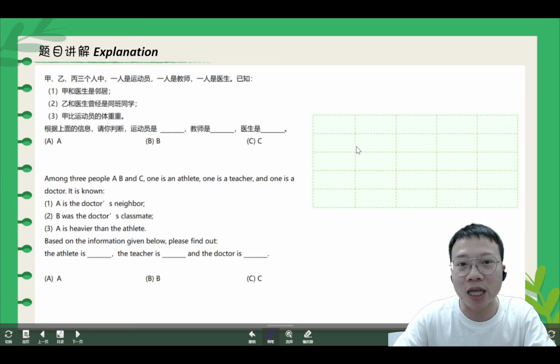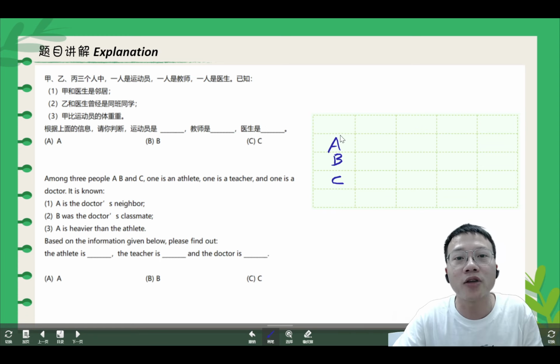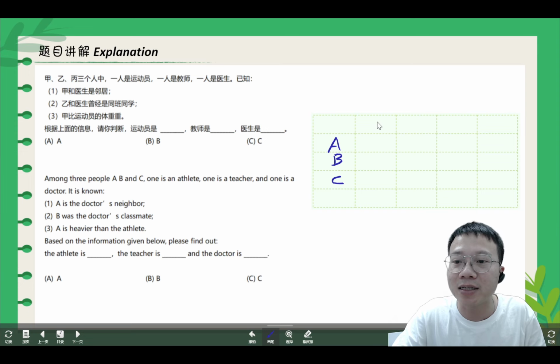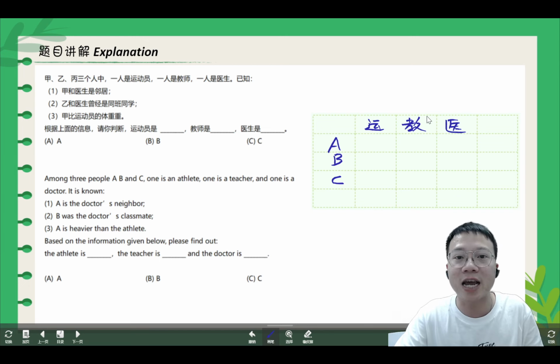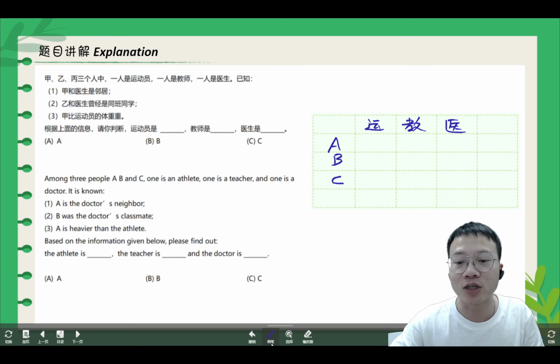Okay, so how many people are there? Yeah, there are three people. We have A, and we have B, and we have C, right? A, B, C, 三个人。And what are the jobs? Yes, we have athlete. Okay, 一个是运动员，我简单写一下运动员。And one of them is a teacher, right? 一个是教师。Okay, and one of them is the doctor. 是一个医生。So now we have a table like this. And then we can make some cross or ticks in the table. 打一下叉或是打一个勾，然后帮助大家去确认他们的身份。